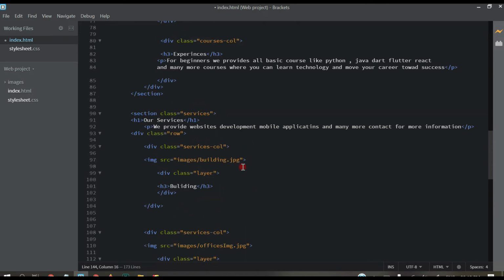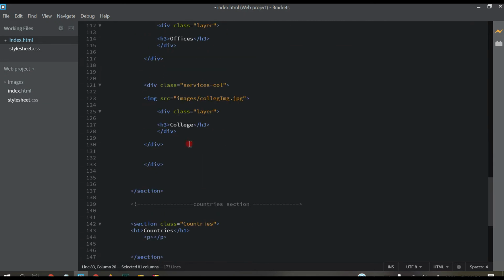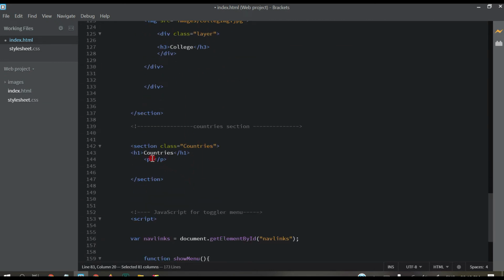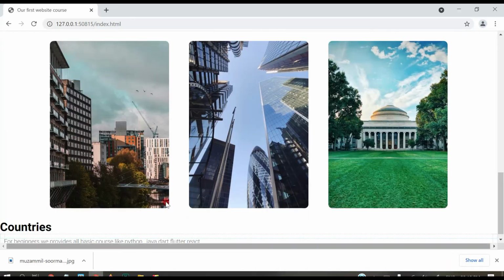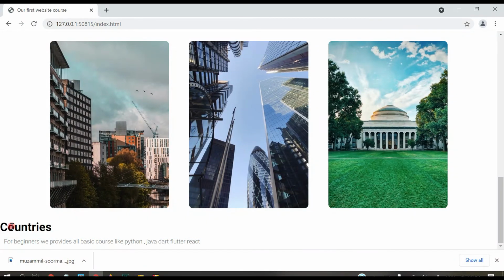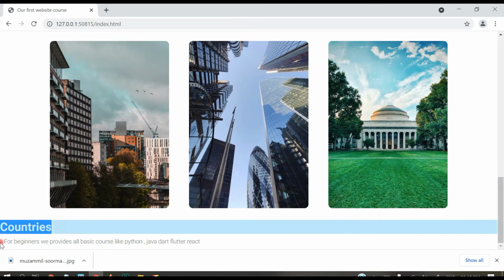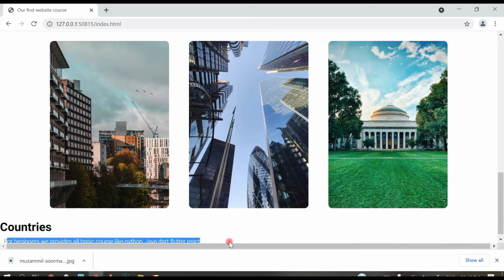And paragraph will be this one. Just copy this for saving time. Copy and then paste it here. Then Control S, go to browser, check it. You can see now you have here this section for countries, and this is paragraph.